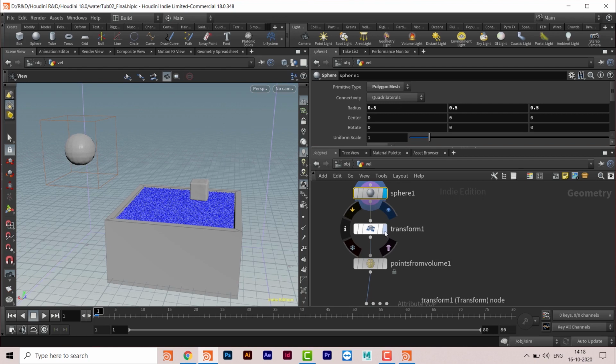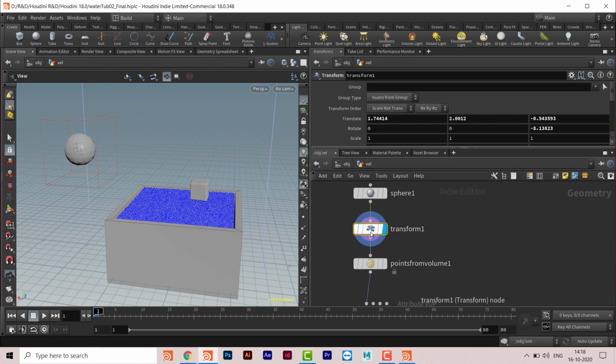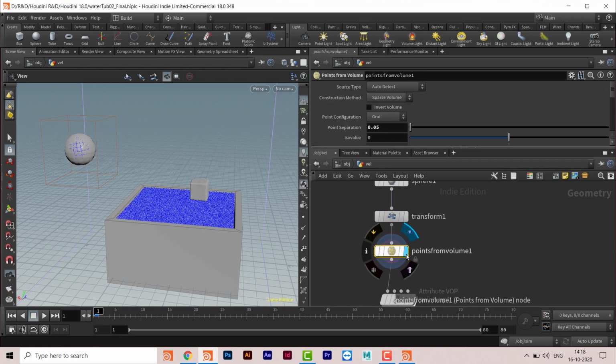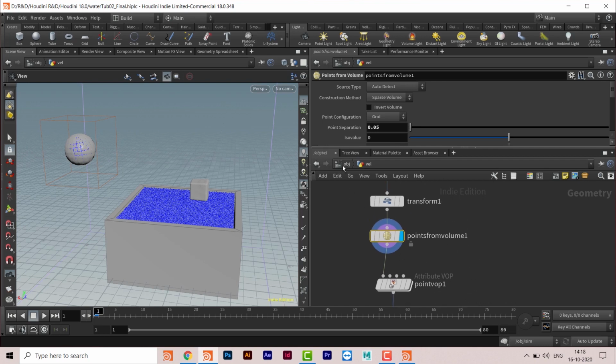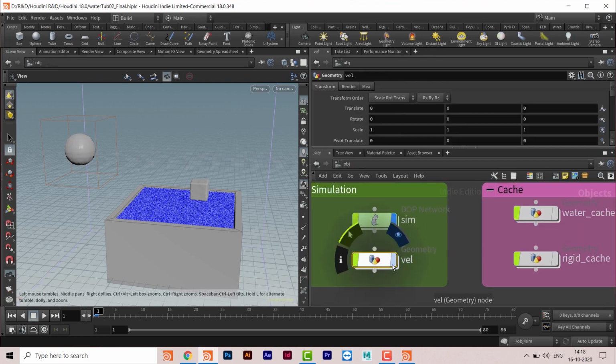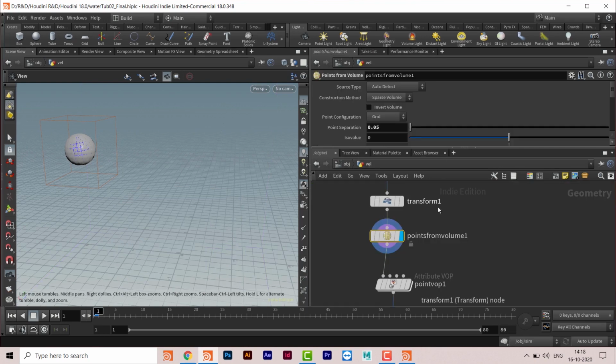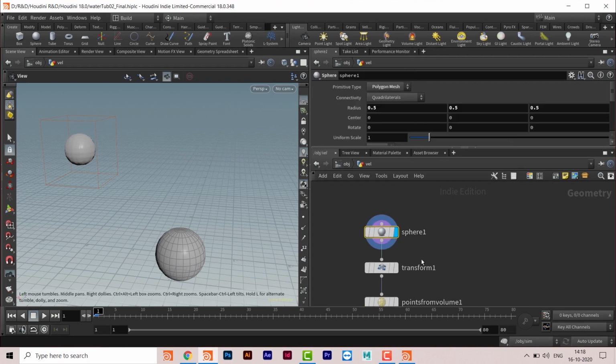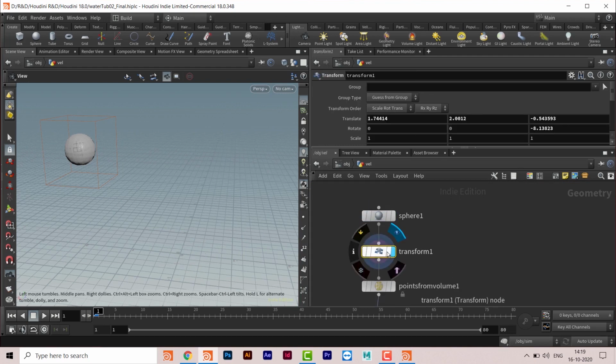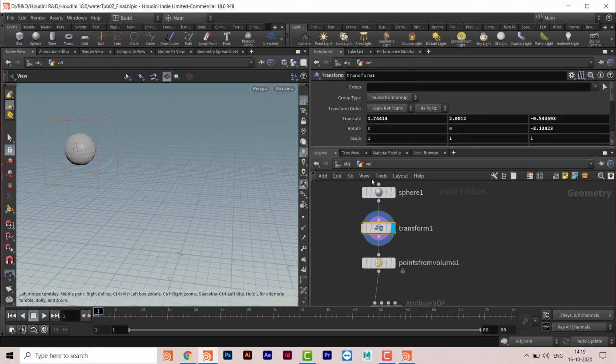And then I transformed this. That was the same copy-pasted value. And then I converted them into points, because points are necessary, they are required. So I'll go to this one and switch off this thing, and then we'll go here. So here is the object, and it was transformed there, and this was the transform.